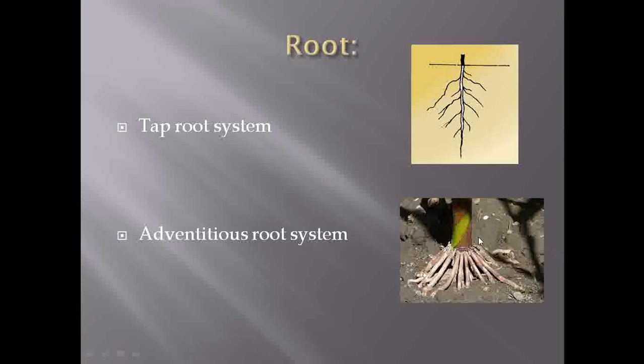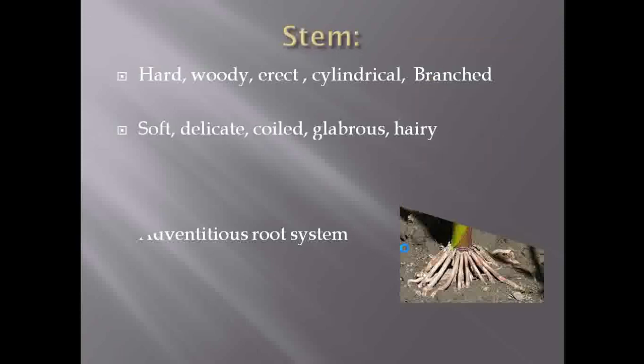So if you observe the difference between these two pictures, you are going to recognize what the difference is. See here, this one is the main root which shows the presence of lateral roots, and then it can form the root hairs. But if you observe the adventitious root system, it is completely different. This taproot system is basically observed in dicotyledonous plants, while the adventitious root system is observed in monocot plants.